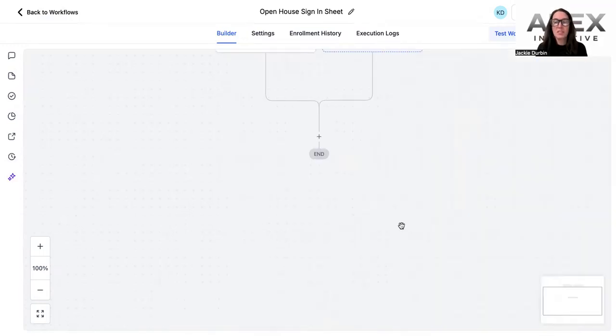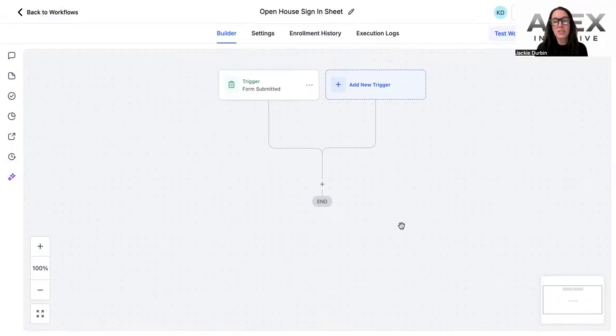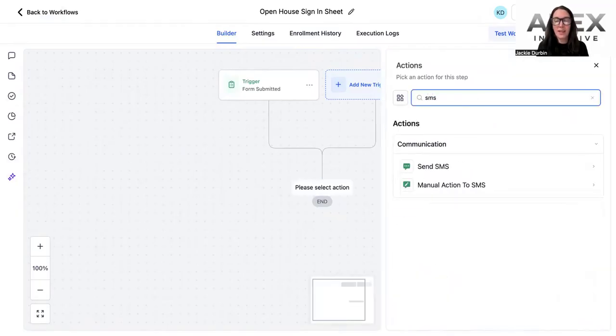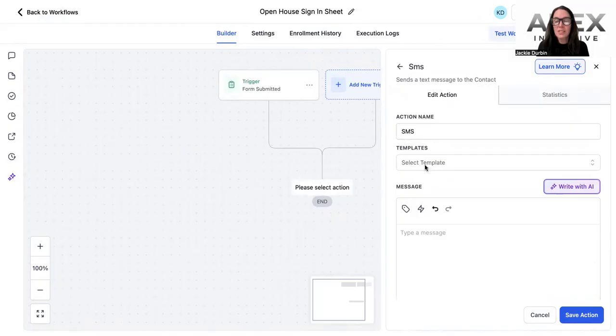So what this is going to do is it's going to tell Go High Level the moment that someone fills out this form, go ahead and trigger this workflow. You're going to go ahead and send a text. So this text could be something just as simple as, thank you for stopping by,